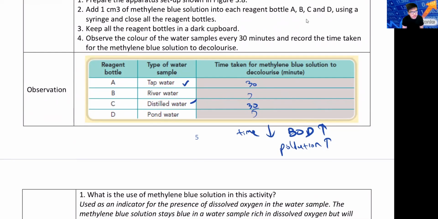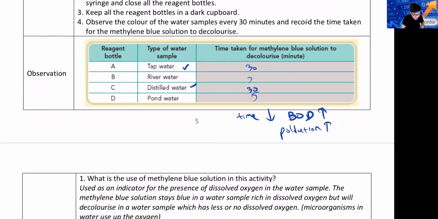Okay, what does it mean for distilled water? Distilled water is your 100% clean water. You know the water you use for experiment, air suling, the cleanest water, 100% clean water. That is your distilled water lah. Okay, that means your battery water, the water you put inside your car battery, this thing is 100% clean water. That means there's no bacteria inside, nothing inside. Okay, it's really clean. All right.